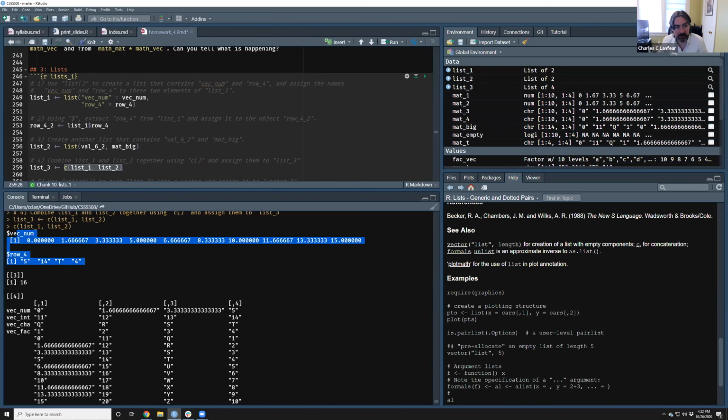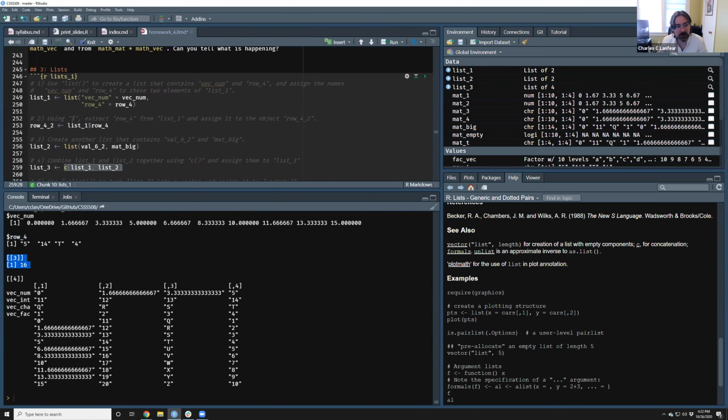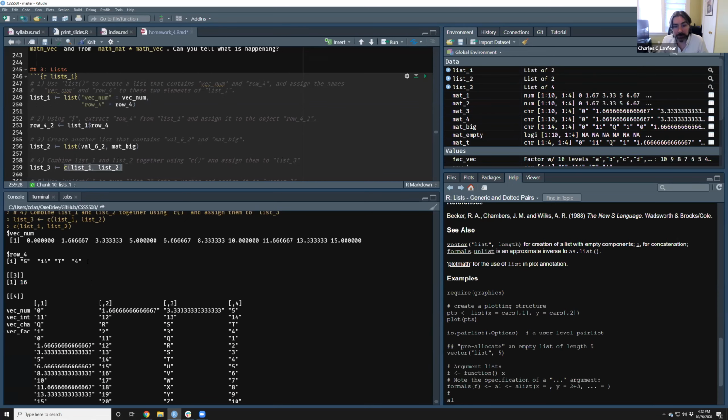So this right here is list 1, which contains vecnum and row 4, and this is list 2, which contains val62, but we didn't name it, and mat big, which we also didn't name. So by combining them together, it just sticks them together end to end by their like elements of the list. This is element 1 and 2 of the first list, element 1 and 2 of the second list, which becomes 3 and 4 in the new resultant list.